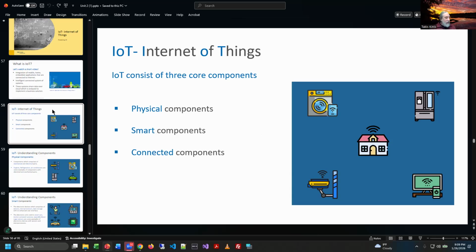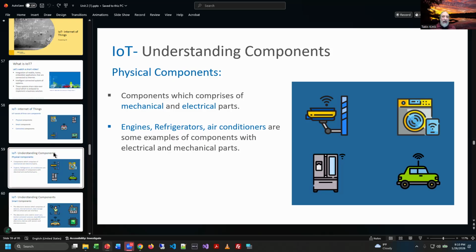All right, so going back to this whole IoT thing, and it's been happening for quite a while now. But it really is a collection of mini computing devices, often with software attached to them, and all of them are connected together and then feed all their data into bigger systems, which are then used to control other things. For example, they talk about the physical components, so the machine parts, basically. So engines and refrigerators and air conditioners and things like that.